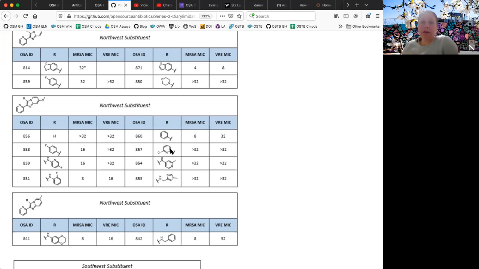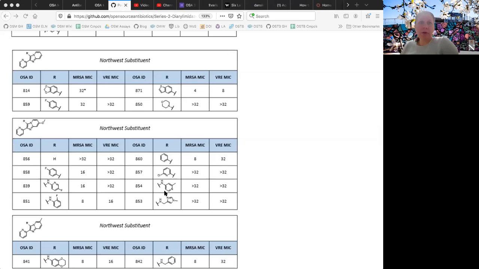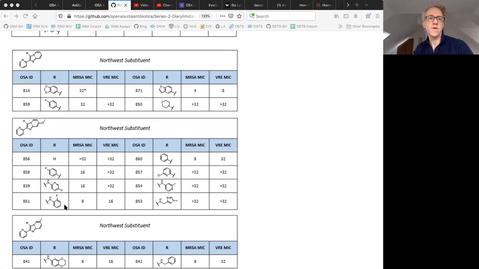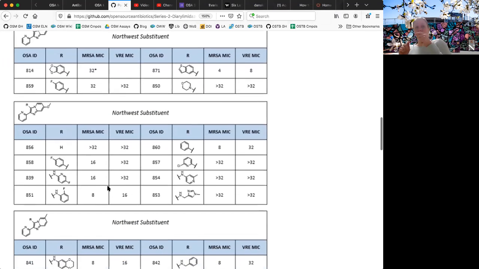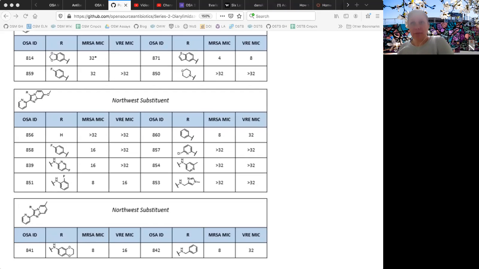Yeah, so pyridine with the nitrogen at 4. Well, I was kind of thinking about actually not putting it at the 4 position. I think we said that a fluoro at the 4 was possibly better. I'm trying to blow the cobwebs out of my brain at this point. So no, that was right. I think you were looking at this compound over here, 851. Oh yes, right. So it was at the 2 position. So then a 2-fluoro 4-pyridine maybe would be something that could be kind of interesting to try. So 851, but different fluorine positions.